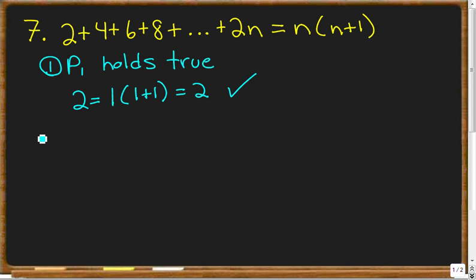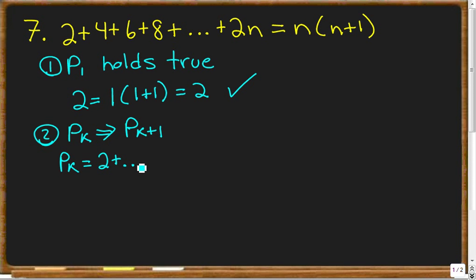Excuse me. So we need to look now at our second step, which is a little more complicated. Our second step says that we need to show that for some positive integer k, if we assume that this formula is true, then it also implies that it works for the next term. So what we need to do with this is retranslate our equation up here into terms of k. So what we are going to do here is say P k equals 2 plus,